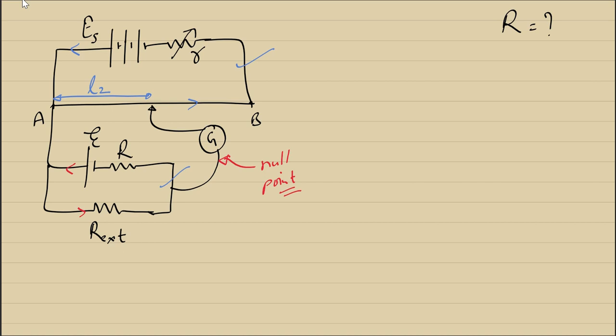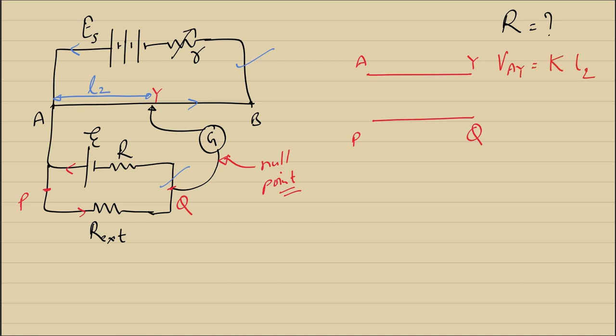Say this point is Y. If you have found the null point, it means the potential difference across AY should be equal to the potential difference across PQ. I am naming them PQ. So we just have to write the potential differences across AY and PQ, and then we will equate them. Now let us see how to do that. The potential difference across AY can be directly written, using the previous concepts, to be K times L2.